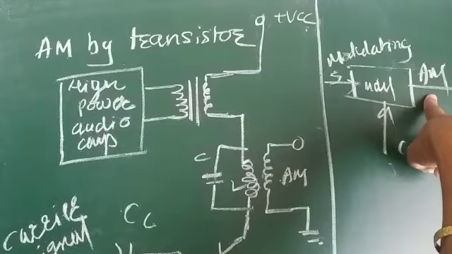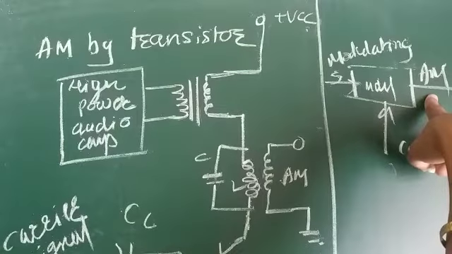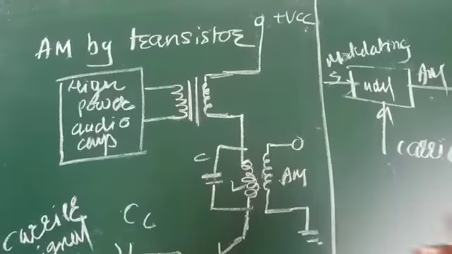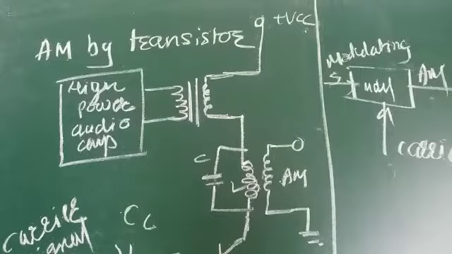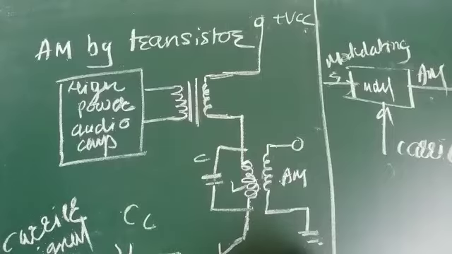Hence, for this you must know the definition of amplitude modulation. So I am going to repeat or revise that definition here. Basically, amplitude modulation means a change in the amplitude of the carrier according to the modulating signal. So, how to achieve this with the help of a transistor, that I am going to explain, and that is